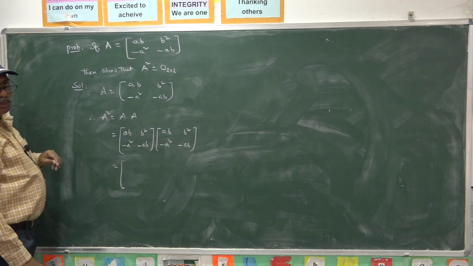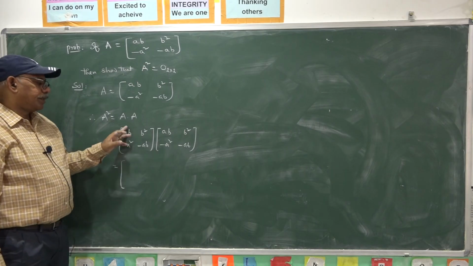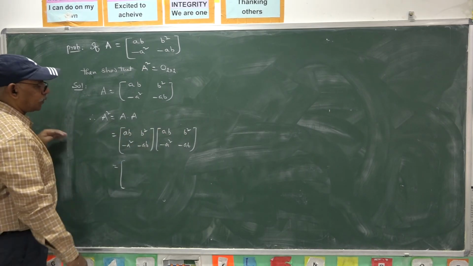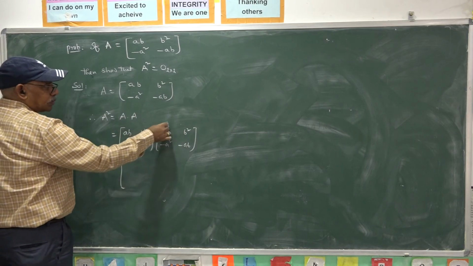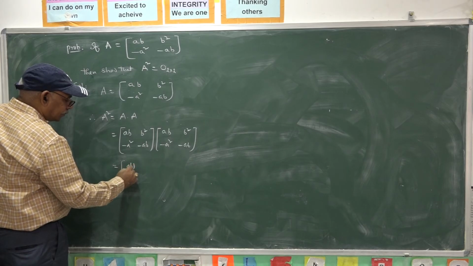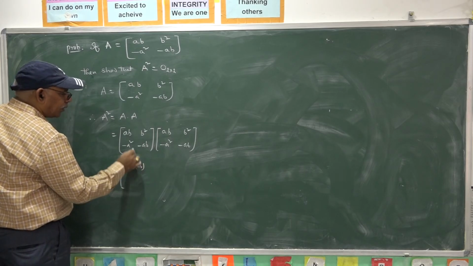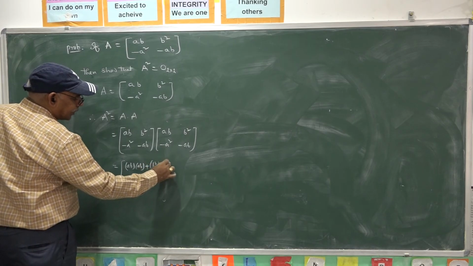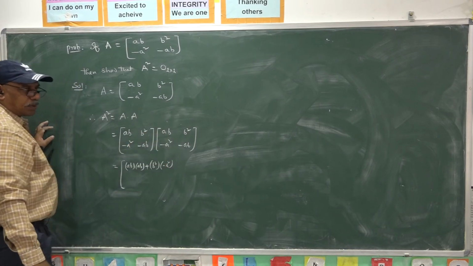I will take the product of these two matrices. Multiply these two matrices with row to column product. First row, first column product: AB into AB